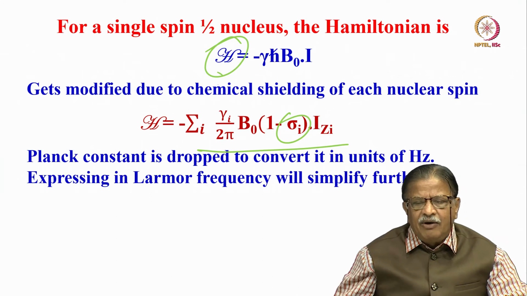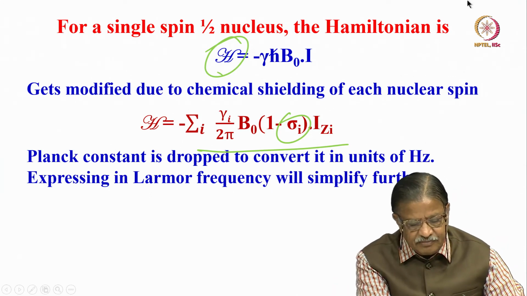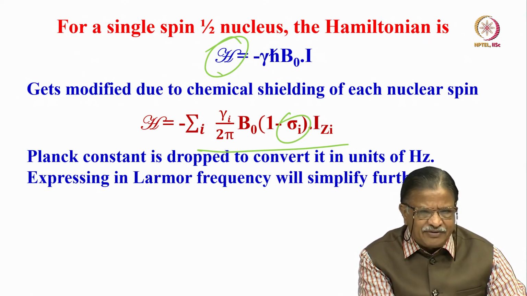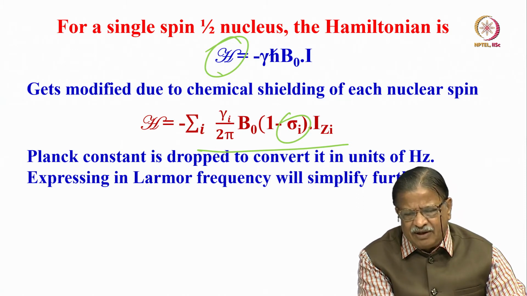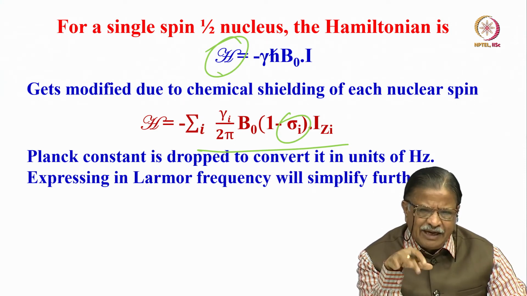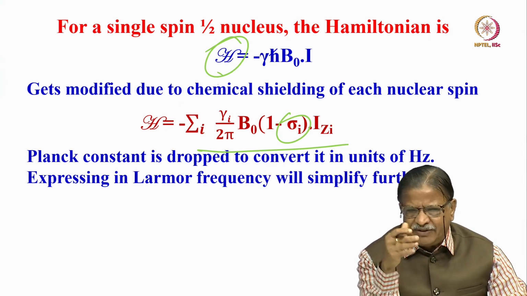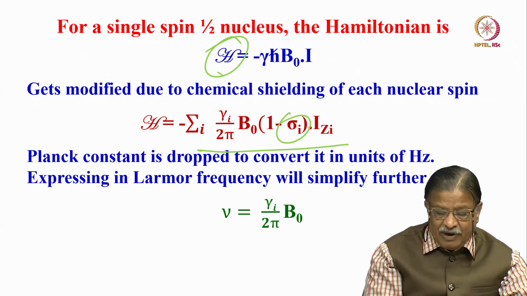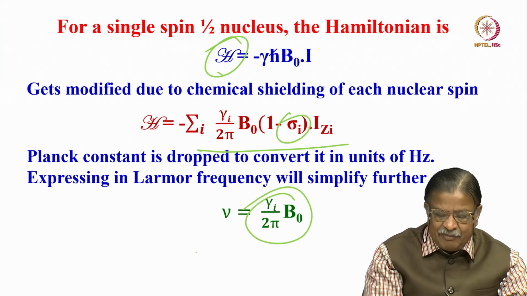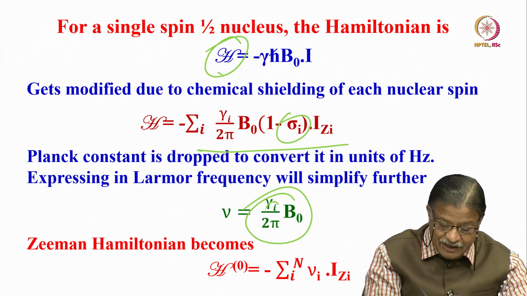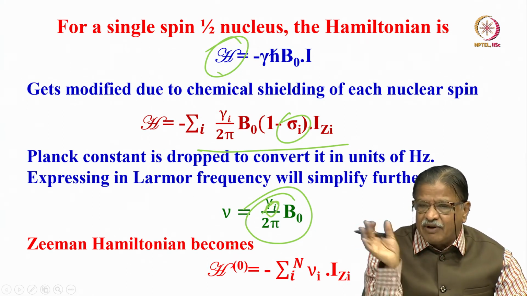Okay. Now what I will do is, the Planck constant here is dropped. Why will we drop it? To convert this in terms of hertz. Very easy. In future, when you go ahead, every time having this gamma over 2 pi, getting this 2 pi term is a little messy. To avoid that, we remove the Planck constant term, and we write it as gamma I over 2 pi into B naught. I is the nucleus of your interest. There could be n number of nuclei.